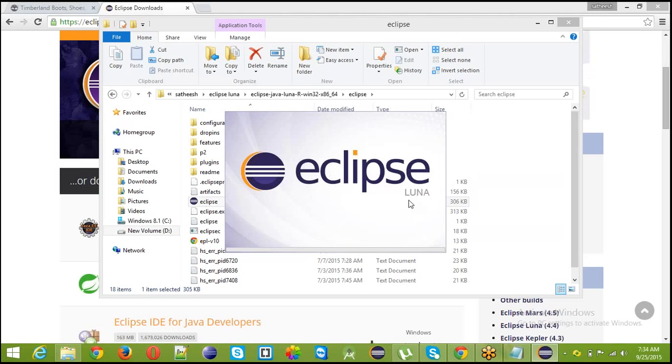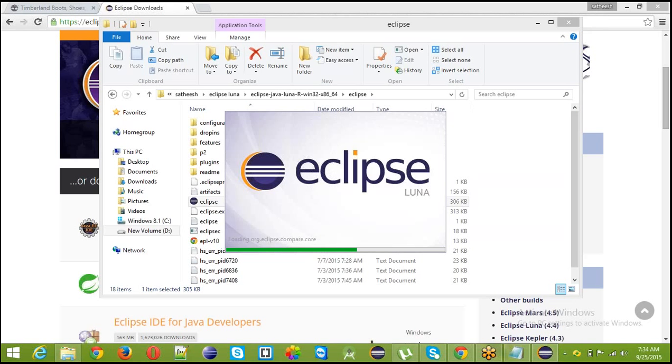It is very easy and very simple to use Eclipse compared to other IDEs. There are some IDEs like NetBeans also, but compared to this one, everything is difficult. This is the only one which is very easy.